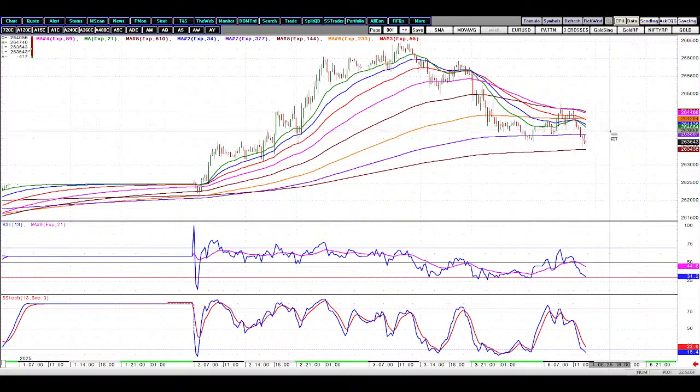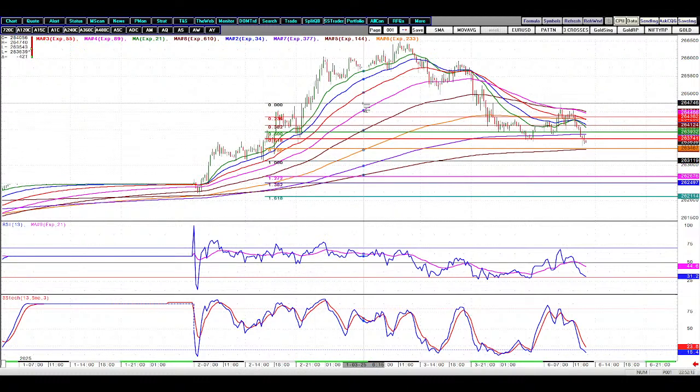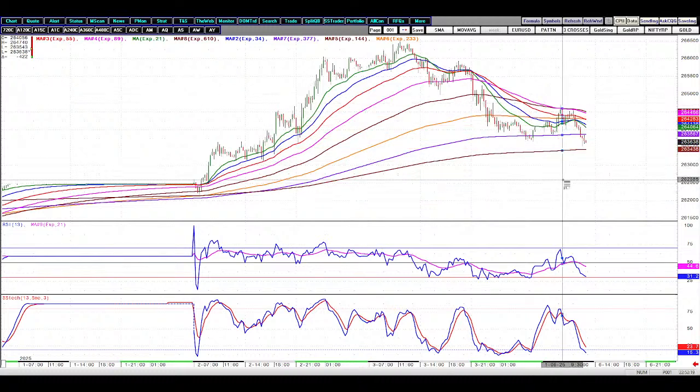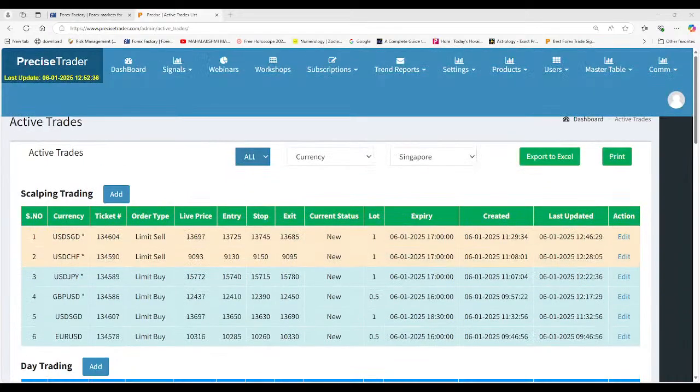So what we can do is, remember I told you this is going to be a down close and expecting the price to push towards 2628 or 2622. Okay, 2629, somewhere there. So what we can do is we can try to sell at 40, okay, and put a stop at 48. Should have been in this trade. Okay, never mind. So here, let's see what call we have given.